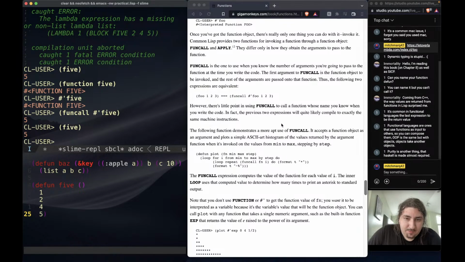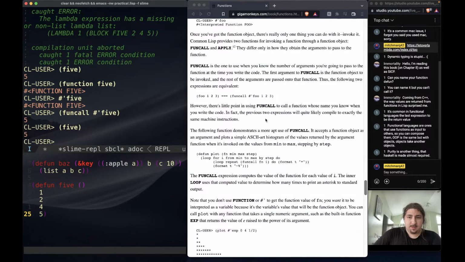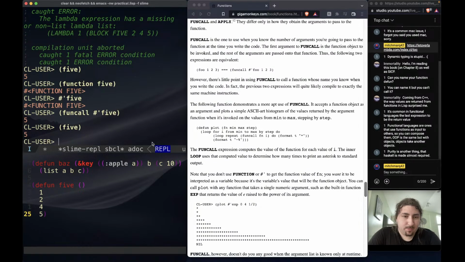So, if we already know what function we're going to be calling, putting funcall everywhere isn't really practical. It doesn't really matter, and the compiler is already doing it for you, basically. However, what makes funcall cool is that you can use it with variables. So if I want to set q,